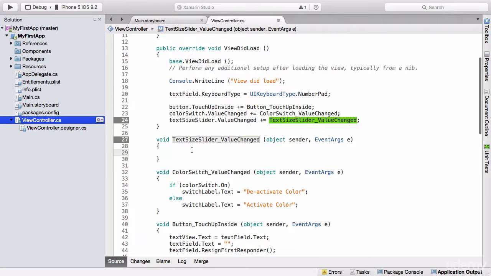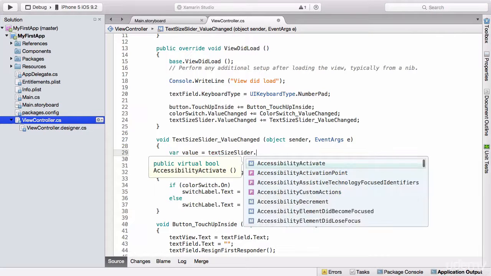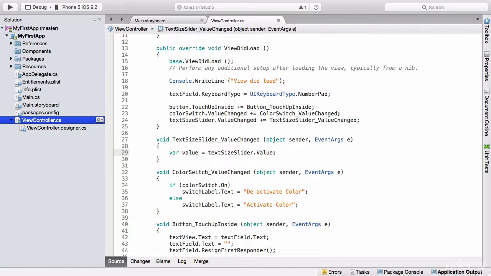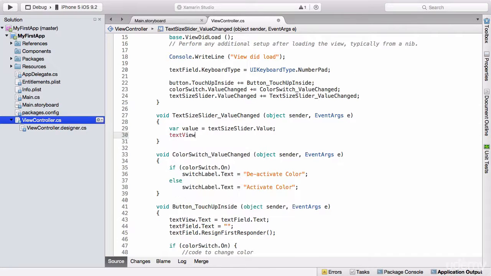So inside of here, we want to actually grab the value of our text size slider. So let's have var value is equal to text size slider dot value. And you'll notice this returns a float. That may be important later on, or it may not. It depends what we're doing with the value. Now we need to assign that value to the font size of that text view. So text view dot font is equal to